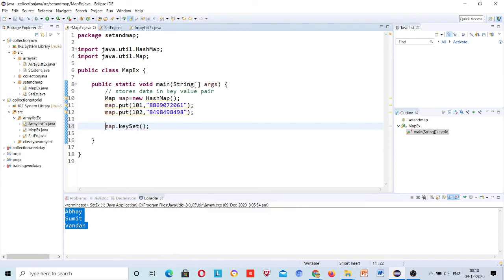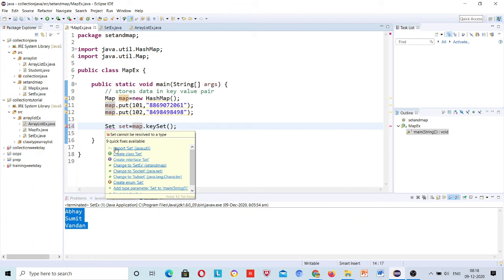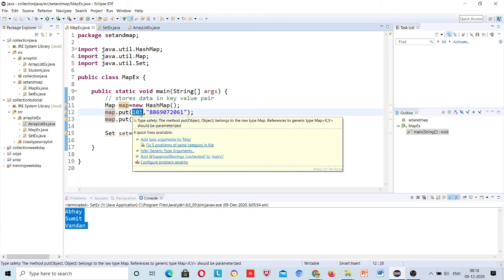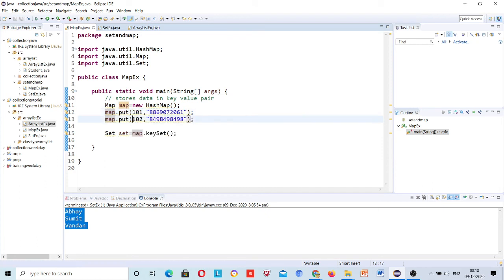If you want to store it in a set, you need to declare one. So just import this, and it will store all the keys, 101, 102, because first comes the key, and then the value, then key, then value. This is the order, key and value. Okay, so I have stored all my keys inside the set.